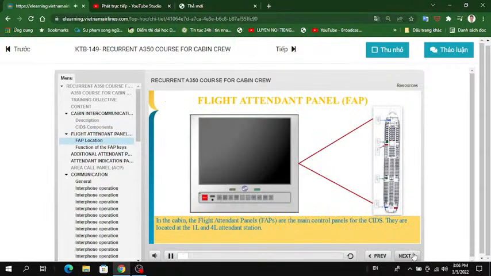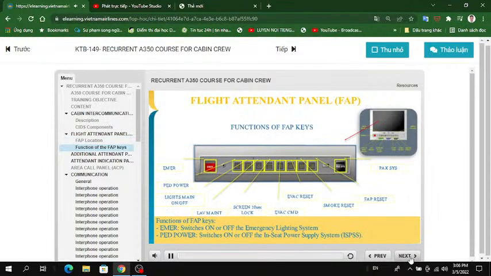In the cabin, the flight attendant panels, FAPs, are the main control panels for the CIDS. They are located at the 1L and 4L attendant station. Functions of FAP keys: EMER, switches on or off the emergency lighting system. PED power, switches on or off the in-seat power supply system,